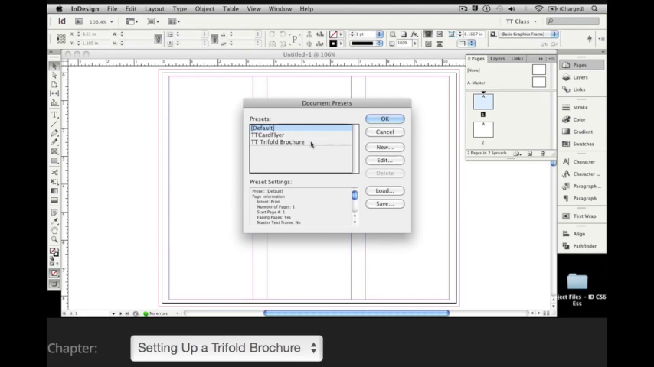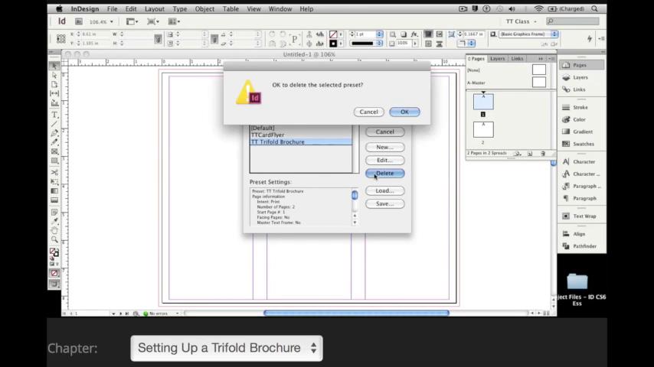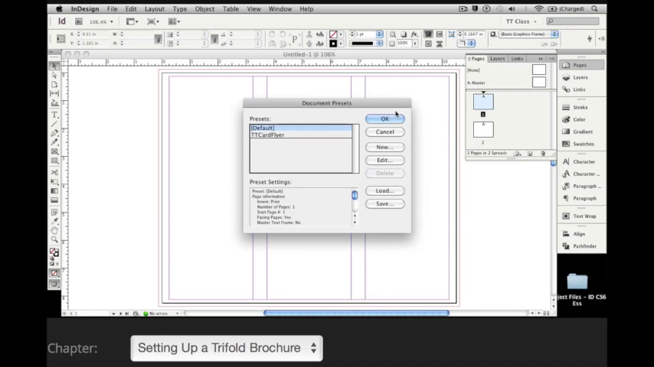I'm going to click on that trifold brochure since we have an incomplete template here and I don't really want to work with this. I'm simply going to delete that. It's going to ask me with a redundant command whether I want to delete that selected preset. That's absolutely what I want to do, so I'm going to say OK. And I'll see that that's now not available anymore in the document presets. When I click the OK button, we'll be ready to start building